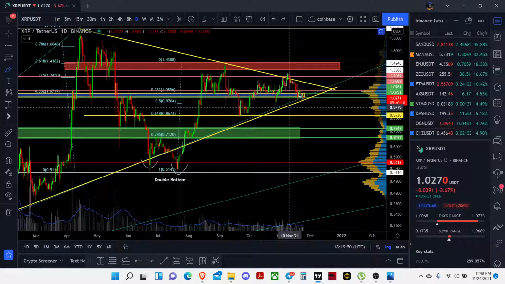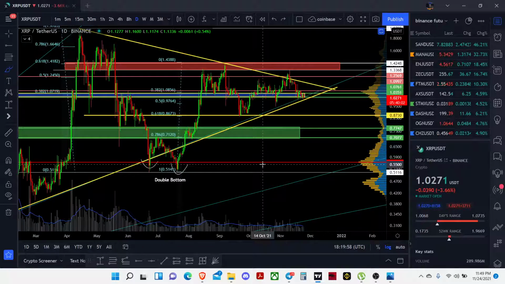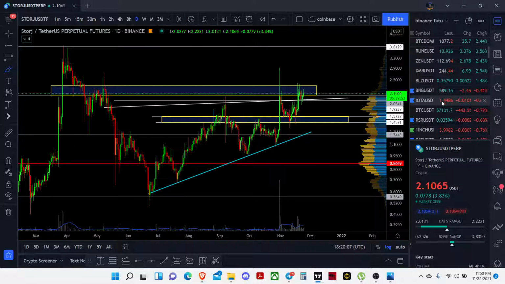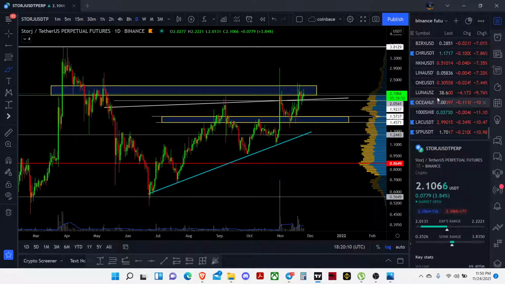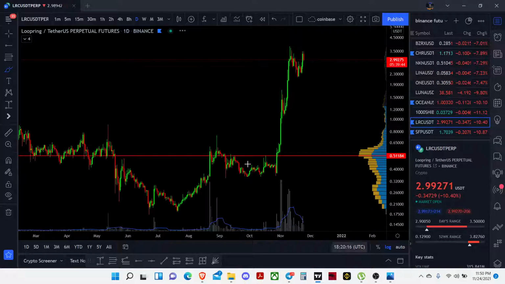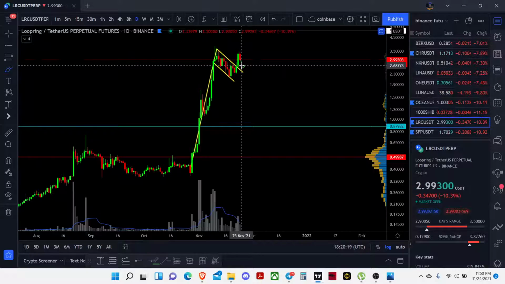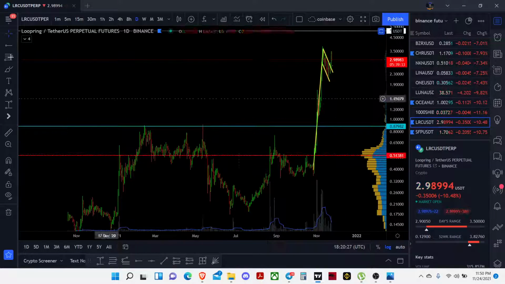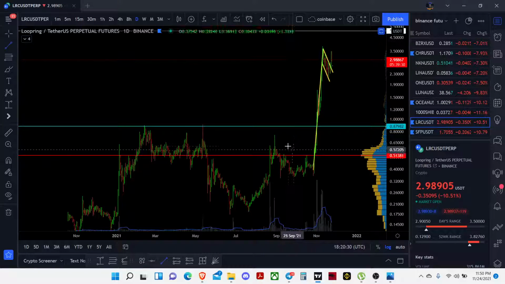I think it more probably holds here or comes down, because some alts which are not in the category of the metaverse are bleeding heavily since BTC is not that strong right now. The only coins that have a relation with the metaverse are pumping right now. So guys, make a relation from the metaverse and you can make good money. The LRC is not from the metaverse category, but it is a really important project that people didn't understand, except my Telegram group members.